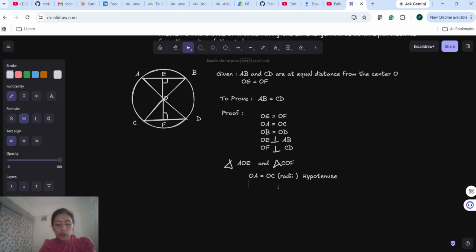Then we know that OE is equal to OF. This is given. And we also know that these are the side. And we know angle OEA is equal to angle OFC equal to 90 degrees,